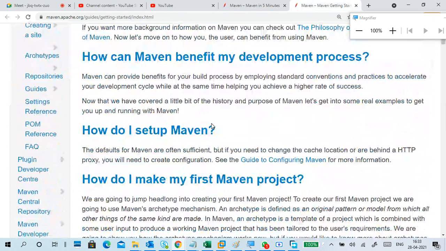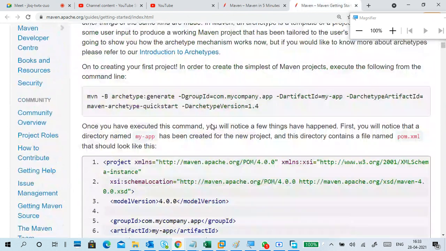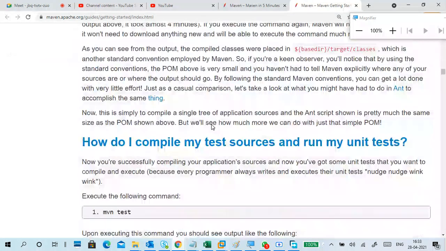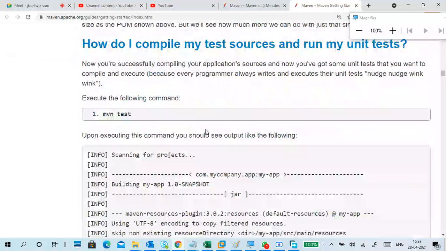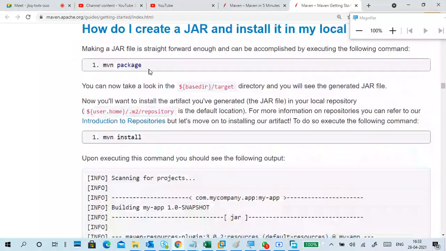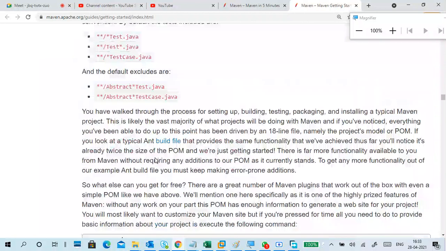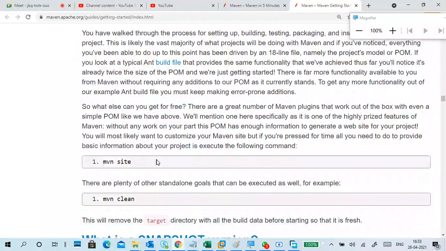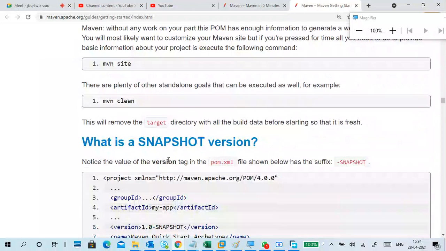This is for learning. The main important thing is the commands, so I'm searching for commands like mvn test, mvn compile, mvn package, mvn install, mvn site, mvn clean.